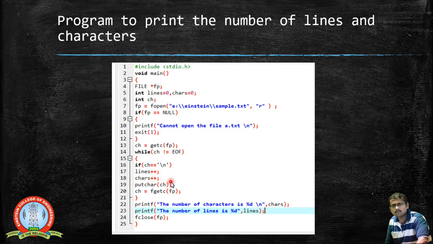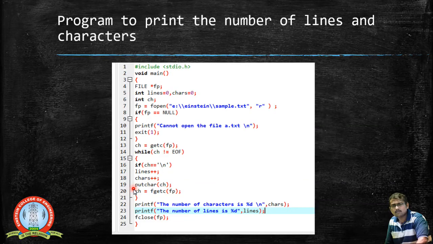Okay. If you want to skip some of the special characters or some of the spaces present inside the file, you can mention that the ASCII value must be between these and these. We know the ASCII values of capital A and small a, and of capital Z and small z. If the character is in between these two ASCII values, then you increment the character value, so that you can get the exact character count without the spaces also. But this program will count space also as a character.